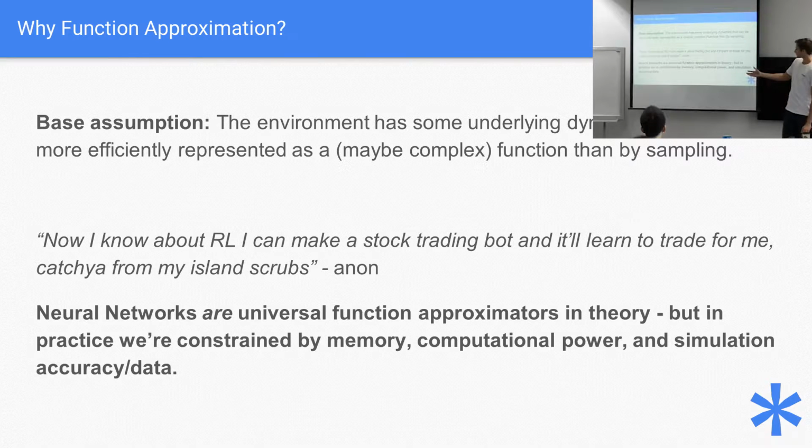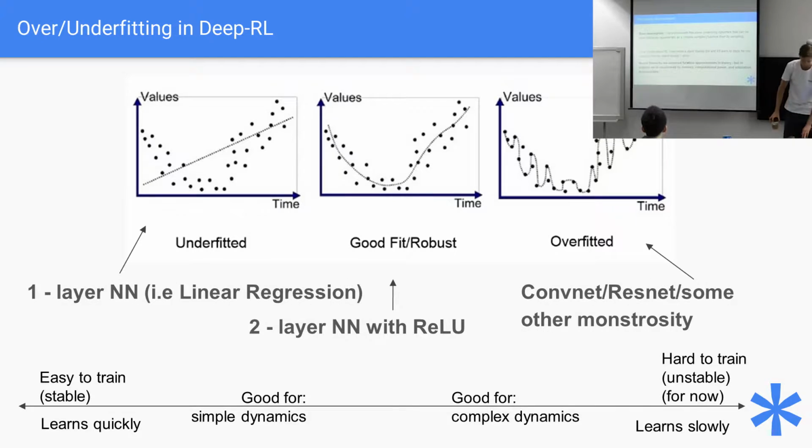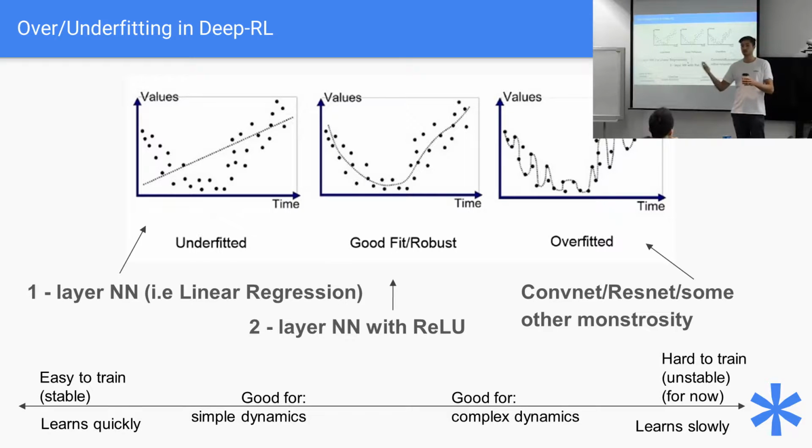Yeah, so neural networks are universal approximators in theory. In practice, we're constrained by memory, computational power, and simulation accuracy, such as the data we have access to. Cool. So this leads in nicely to the over and underfitting problem in RL. You guys are probably all familiar with it in supervised learning, where if we overtrain our neural net, we fit some function super specifically, and then the generalization property is terrible, right? Or maybe we only use linear regression when the actual thing we're trying to fit is really complicated and we can't model it properly. So that would be like this example. And we actually run into this same